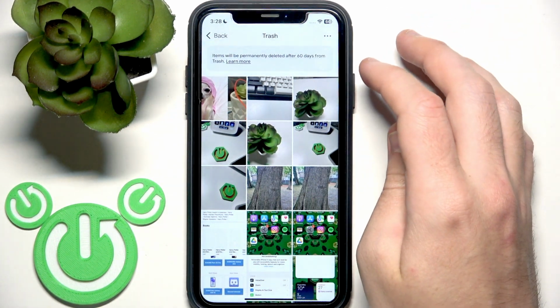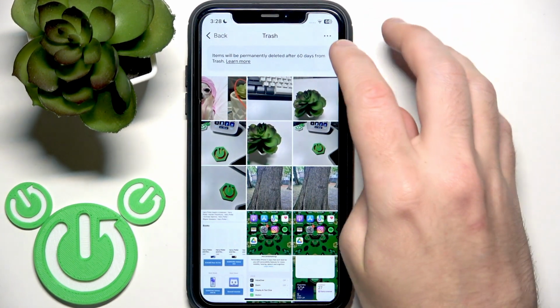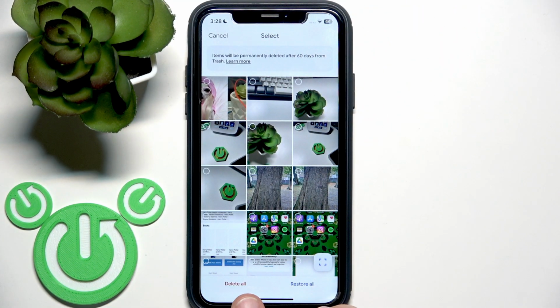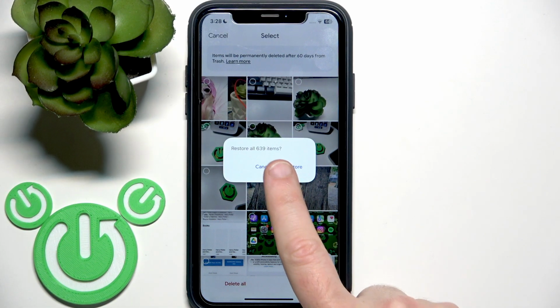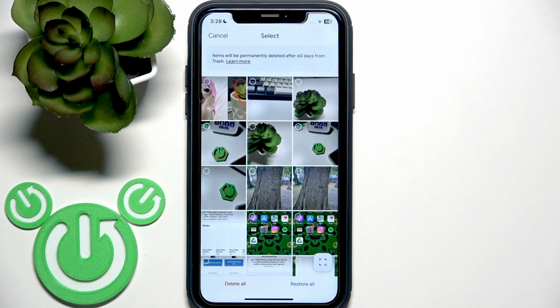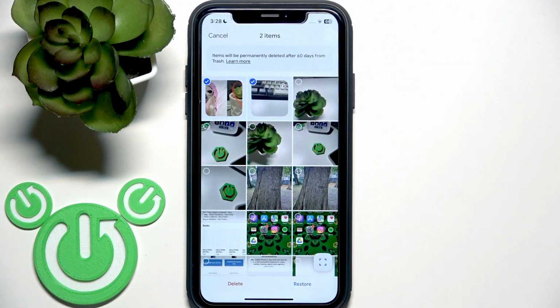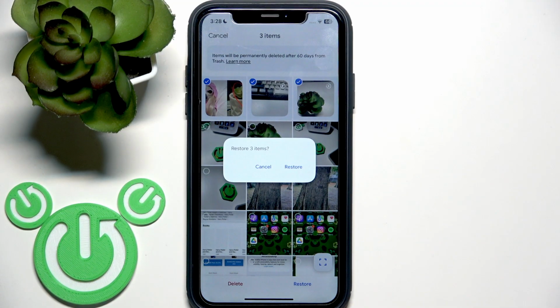To restore them, if you want to restore all of them, click on the three dots, select, and right here we have two options, delete all or restore all. So you click restore all and restore. Or maybe you want to save only some of these photos, so just select them and then click restore